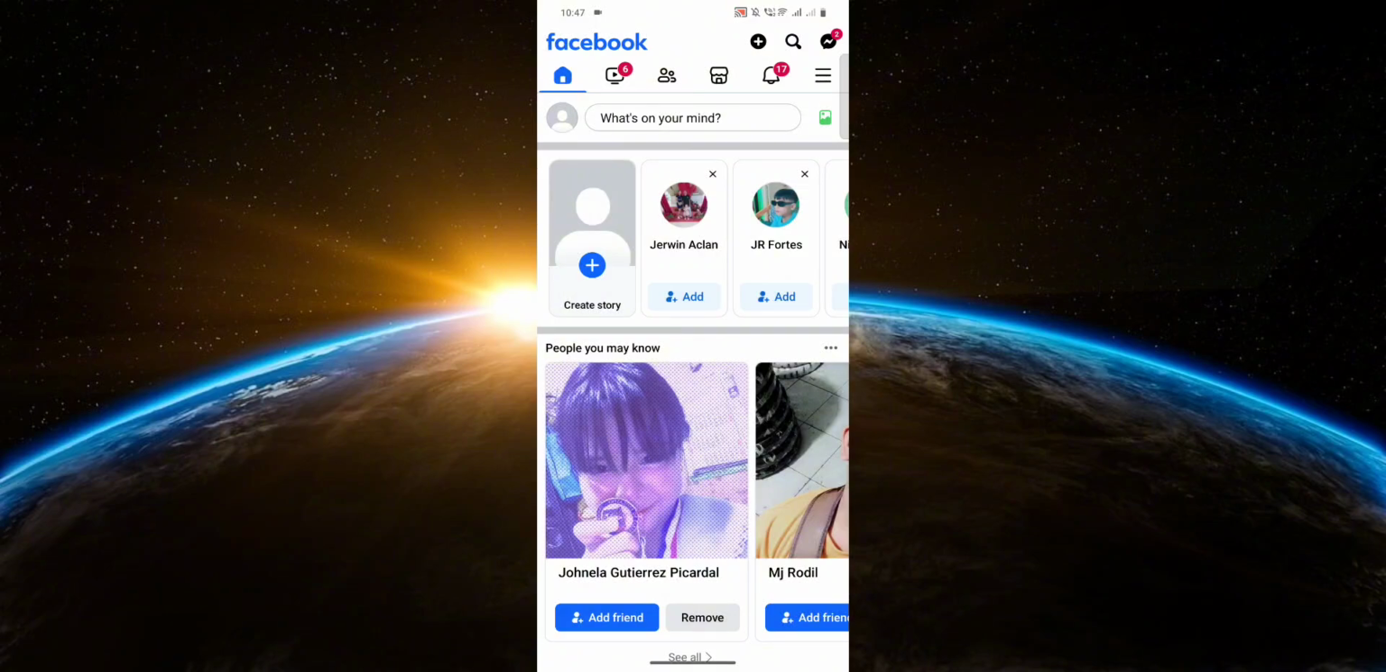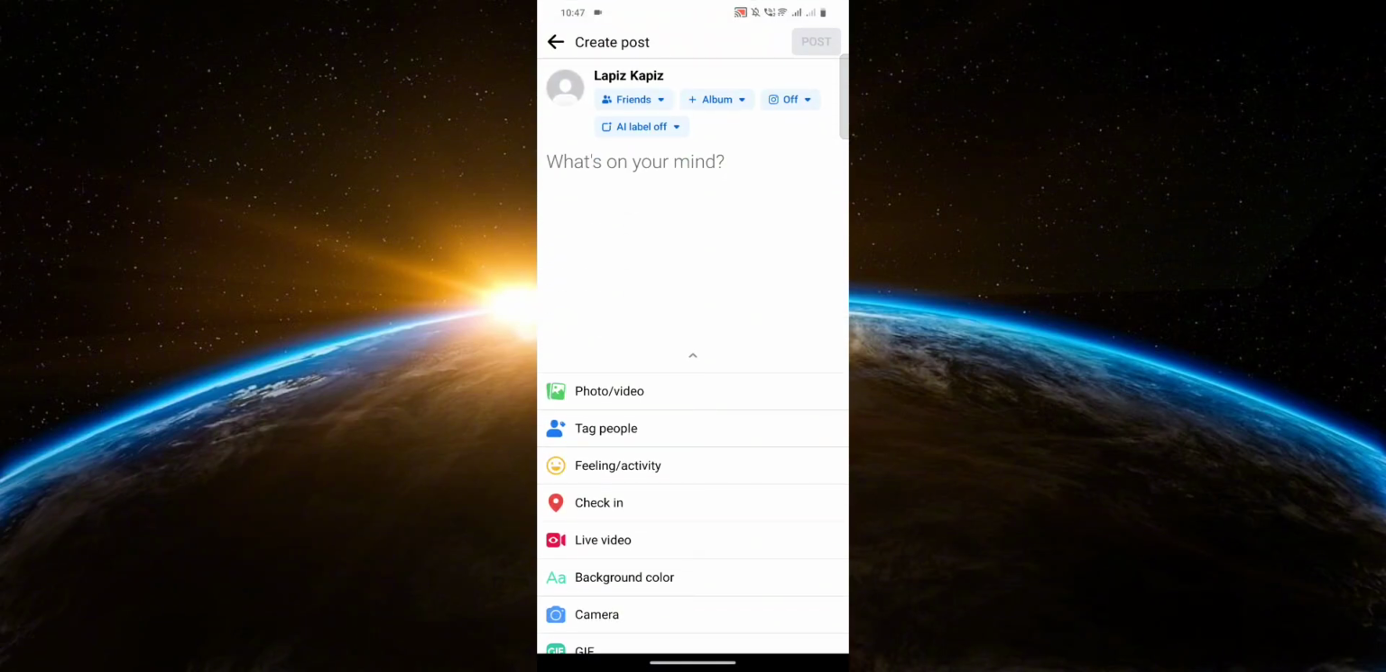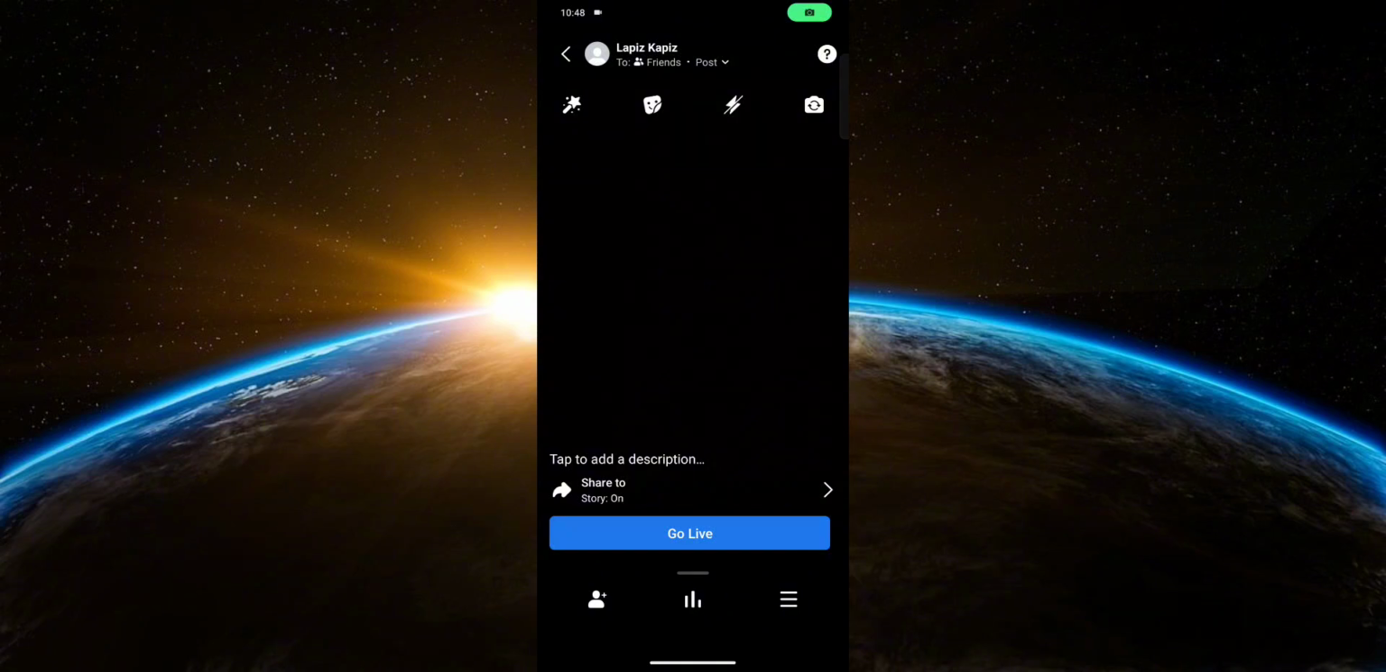First thing you want to do is click what's on your mind here at the top. Now click live video. There's going to be some permissions you need to agree to if it is your first time using the live stream feature. In my case, I've already used this feature in the past, so I don't have to agree to any more permissions. Anyway, once you get to this page, all you have to do is click go live at the bottom,